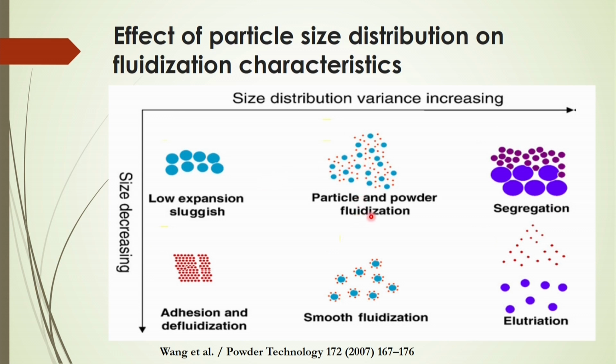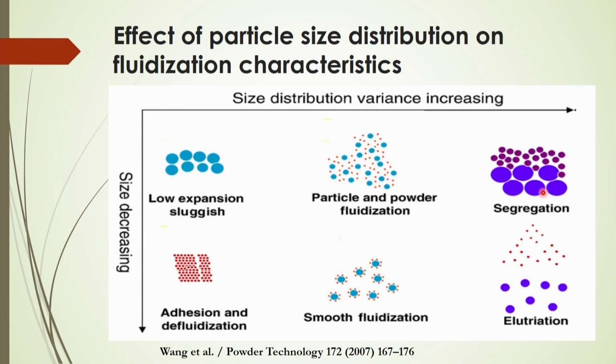Another important aspect is particle and powder fluidization, where you will see the size distribution. If there is a mixture of different size particles, the size distribution will vary. In that case, a wider size distribution may be possible, but all the particles are very small in range. So, it will exist here, but it may change if you decrease the size. If you decrease to even more finer particles, you will see a smoother fluidization relative to this fluidization. And also here, if you